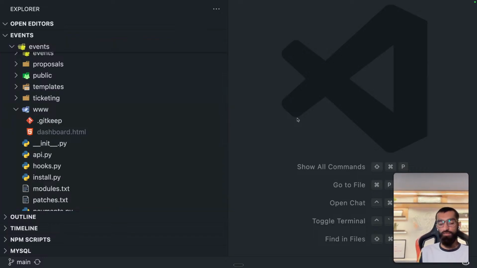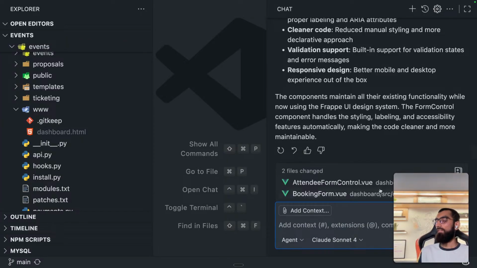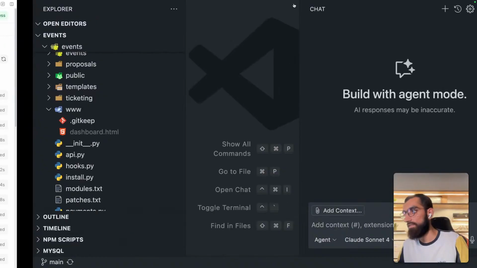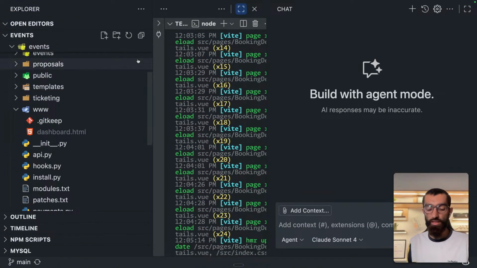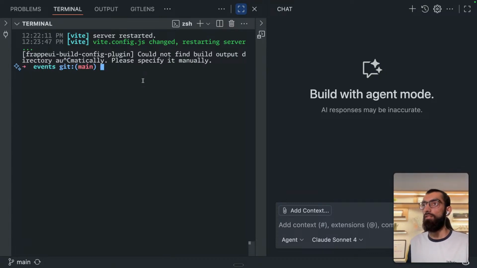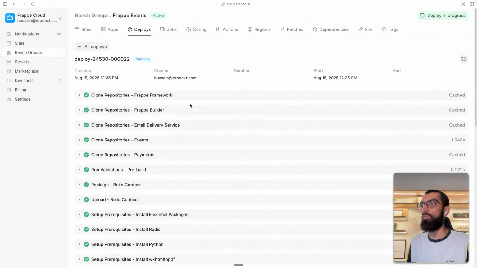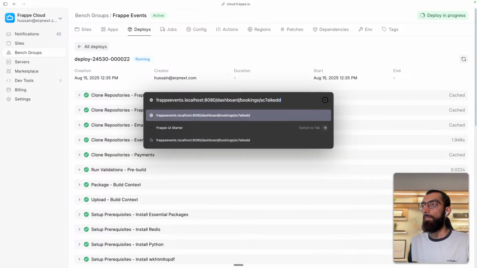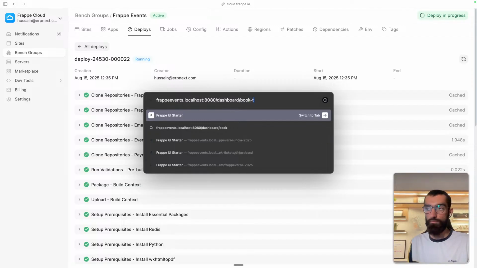So while this is happening, let me go back to the AI chat, and let's add some context. I will add a new chat window. So what I want is to refactor this, right? It's a good candidate for AI, I guess. Yarn dev. I'll go to Frappe events 8080 book tickets slash